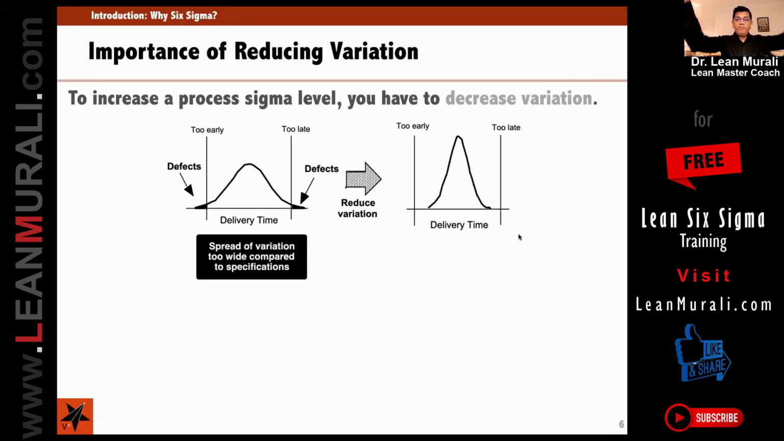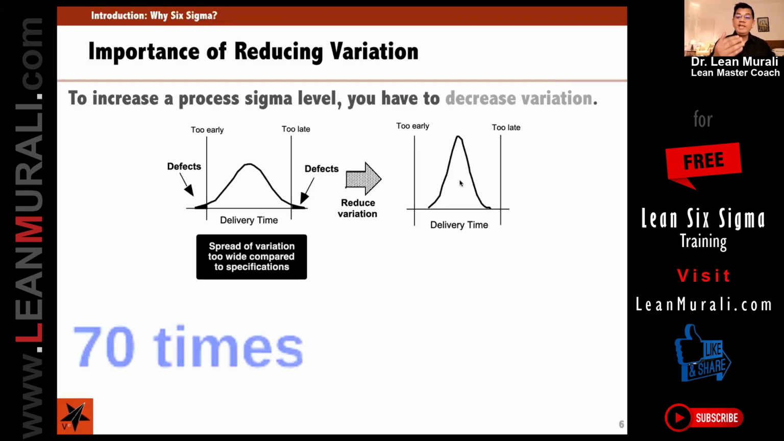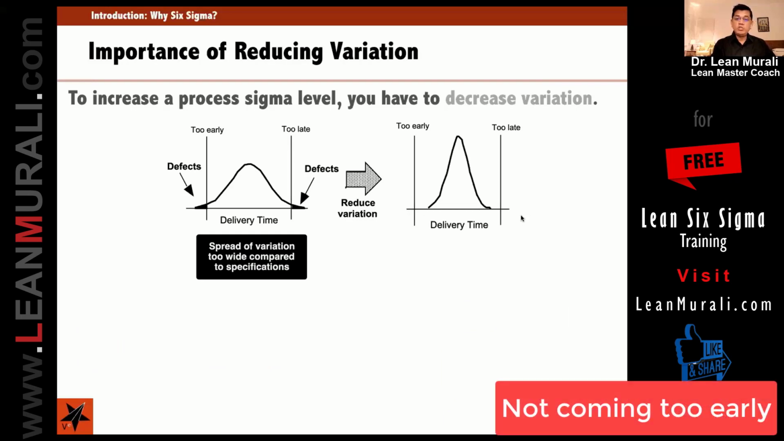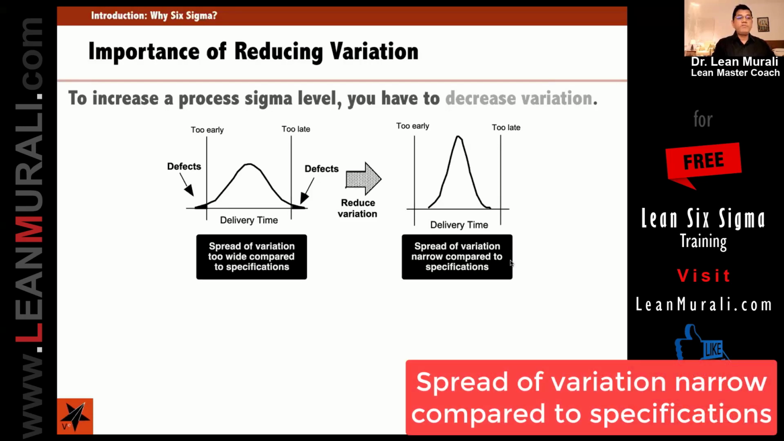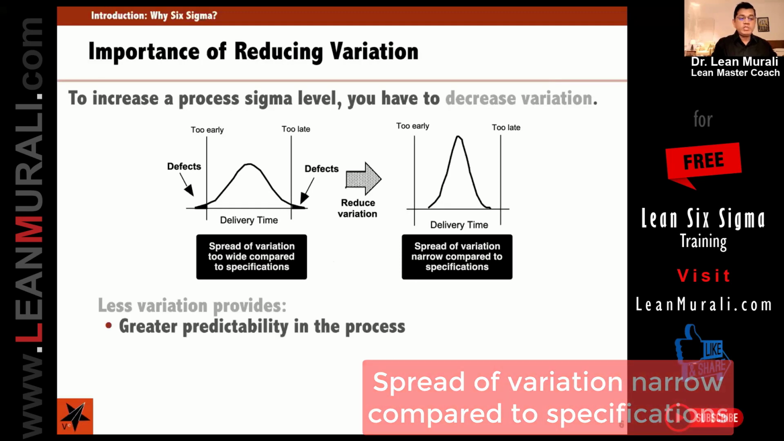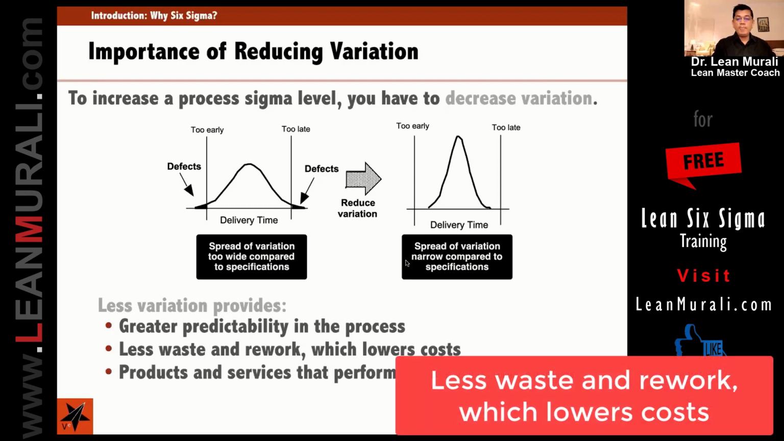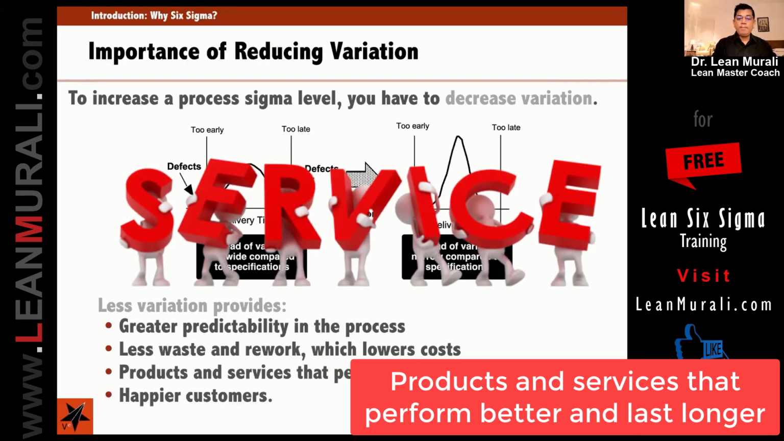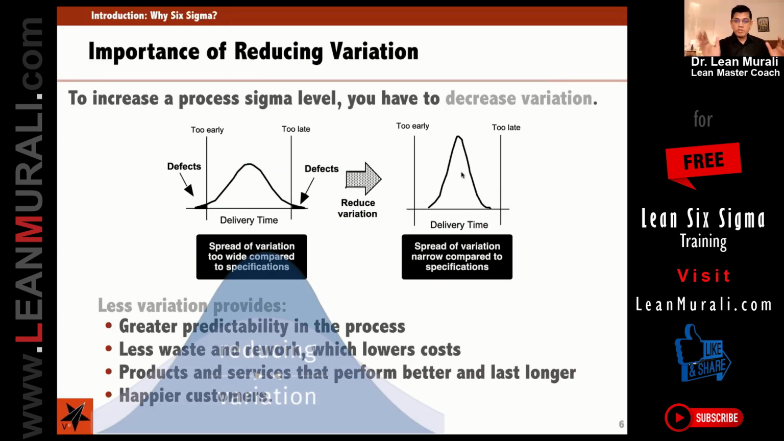Now, if most of the time, instead of 50 times, he now comes in 20 minutes 70 times out of 100, and he is not coming too early, he is not coming too late, this is called the spread of variation narrowed compared to the specification. So less variation provides greater predictability in the process, less waste and rework, which lowers the cost and provides products and services that perform better and last longer. So if you are able to reduce that variation,